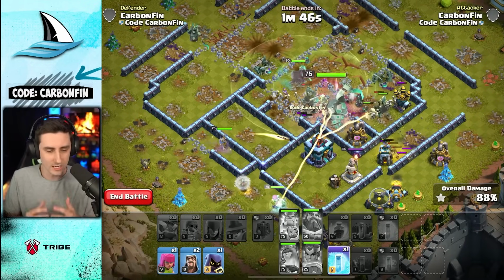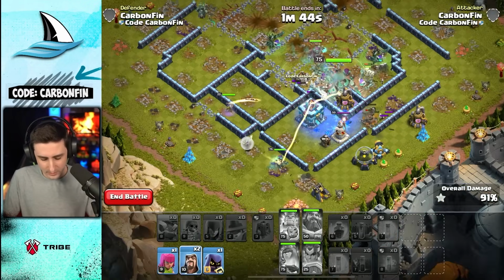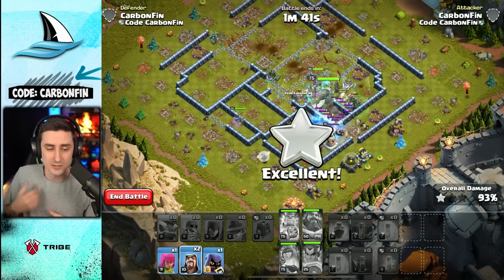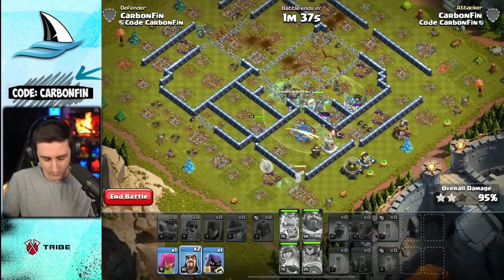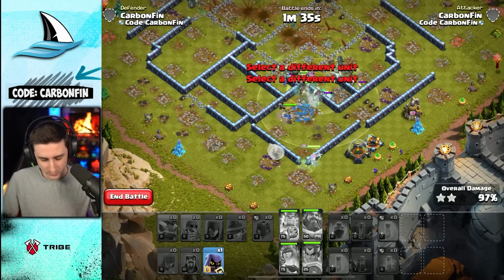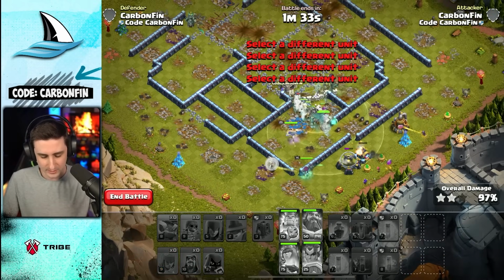This is where you just kind of adapt, see what happens. And my Queen, she stays alive. So you can invest that Rage spell onto your Queen to keep her going right through this base. We have some troops left. Don't really need them, but obviously. But look at all